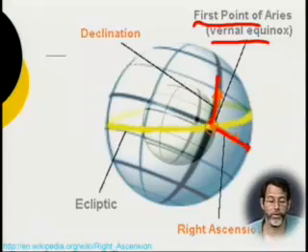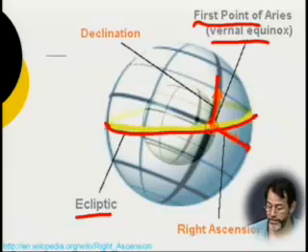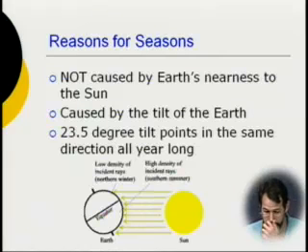So let's say you want to find a star. If you gave a latitude and longitude, people would say, oh, that's where a point on the Earth is, but that doesn't correspond to where a star is. If you want to tell somebody where a star is, you need declination and right ascension. Here's the ecliptic. This is where planets orbit, pretty much in this band there.